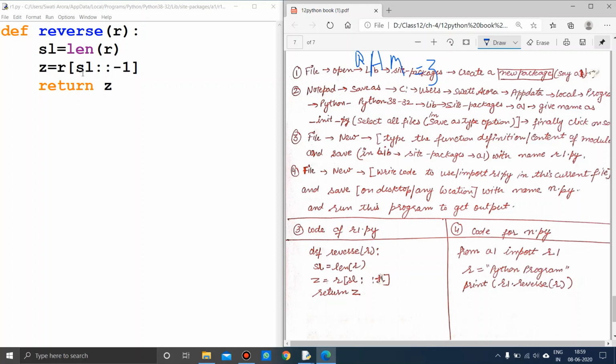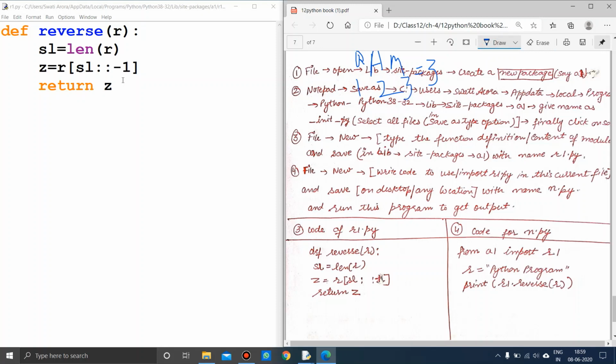So how it works: it starts from the last, then subtracts 1 and is at this position, then subtracts 1 again and is at the next position. Actually this is 1, this is 2, and this is 3.